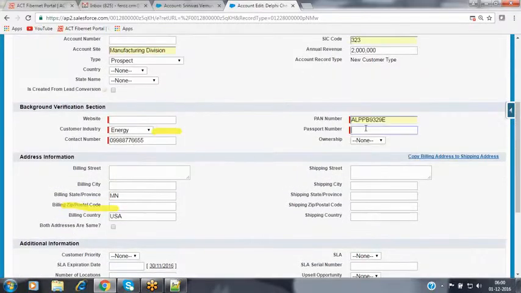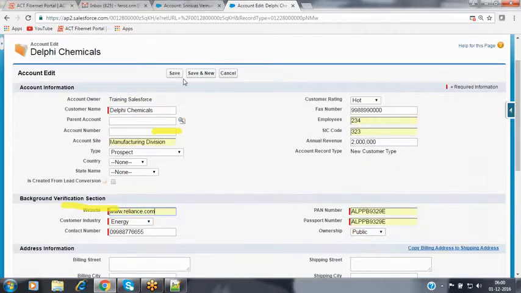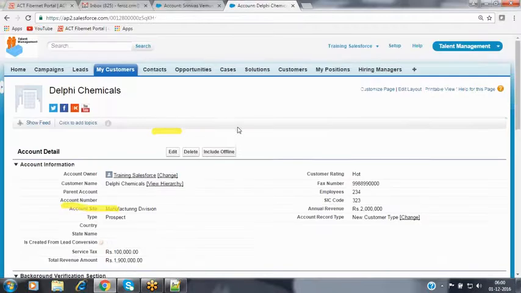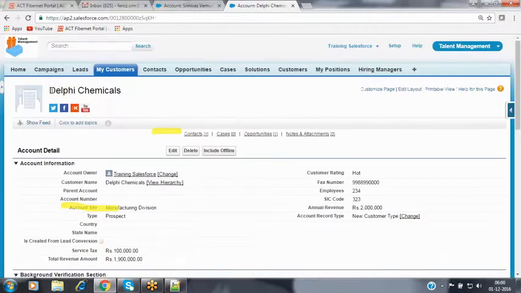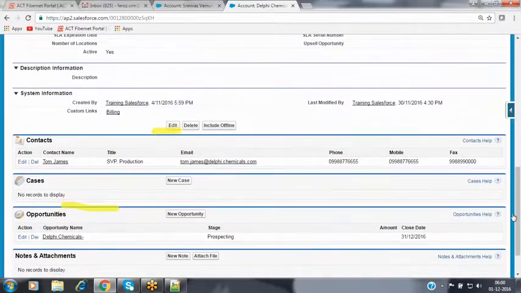The PAN number and the passport number, ownership value, and the website value. Now this Delphi Chemicals is an account which is associated with a record type called new customer record type. So now for this particular account, we have some contacts available.